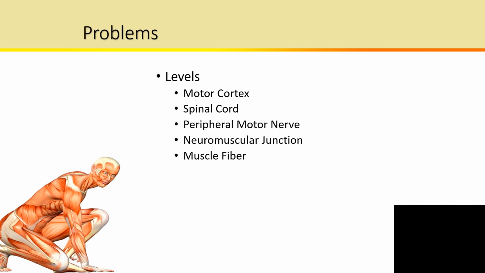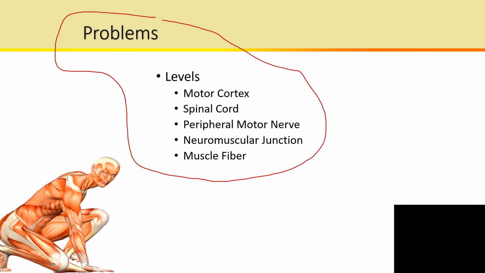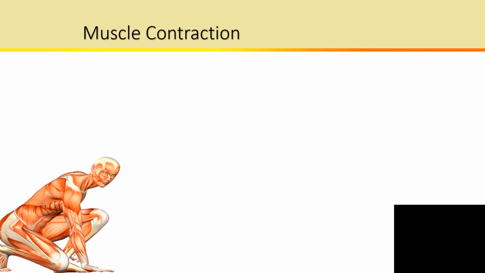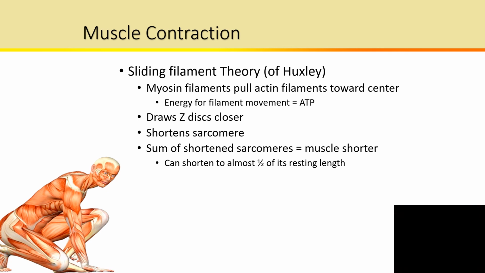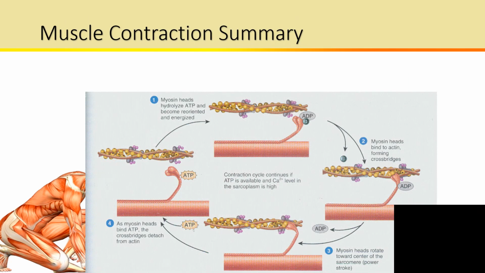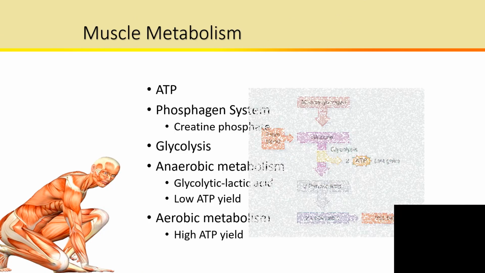Okay, now I'm going to leave this for now, and I'll bring this up in another lecture. I think that's enough for now. I'll bring this up as a second lecture in regards to problems, because there are a number of different problems we have to talk about, such as in the motor cortex, the spinal cord, the peripheral motor nerve, the neuromuscular junction, and the muscle fiber. We'll talk about those a little bit later. And I'll wait to talk about the sliding filament theory of Huxley. Let me just zip right on through these real quick, and I'll pick that up a little later on with another